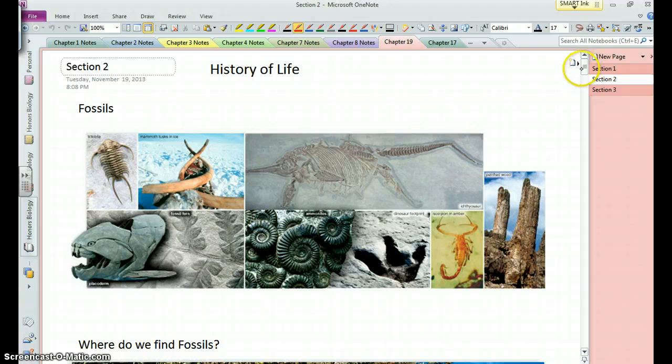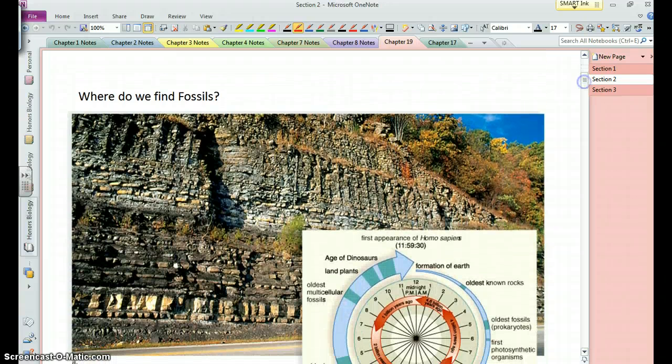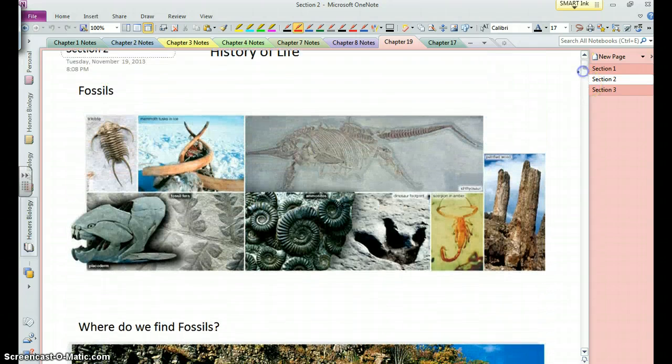Well, how do we learn about early life, or life period? We can look at fossils, because fossils give us good clues about what was here at one time. These sedimentary rocks, the sediment that flows down rivers and streams into lakes and ponds, and in the ocean deposits sediment. It builds up over time, gets compressed into rock, and when organisms get buried in it, they can fossilize, and you can see basically the outlines of the bones or the outlines of shells, imprints of feet like a dinosaur, and even some types of fossils where the organism is sort of embedded in a material like amber and preserved through time.